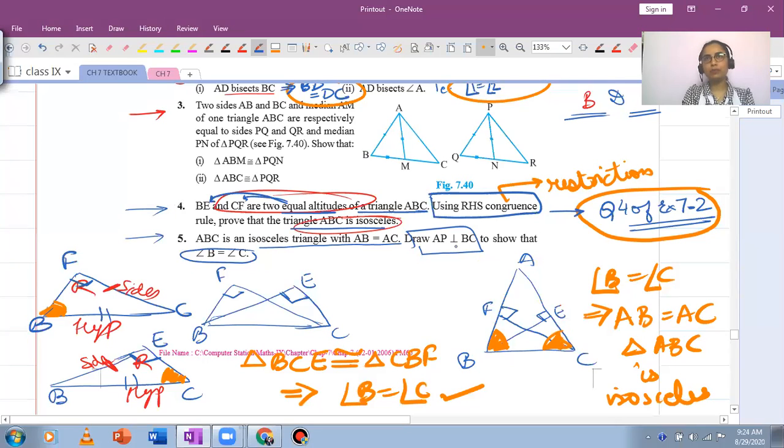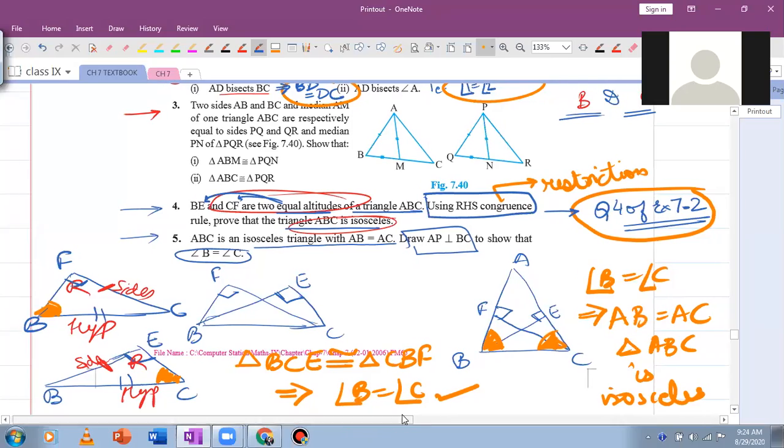We did it with the help of median, I think. In the book, it's given with the help of angle bisector. Tell me if I'm wrong. आपकी book में जो proof दिया है वो angle bisector से दिया है. मैंने जो आपको करवाया है मैंने median की help से करवाया है, so that we can use the SSS rule. That's the simplest one. And then here they are asking you to draw a perpendicular and then prove the same theorem. Using perpendicular, we will be able to apply RHS.